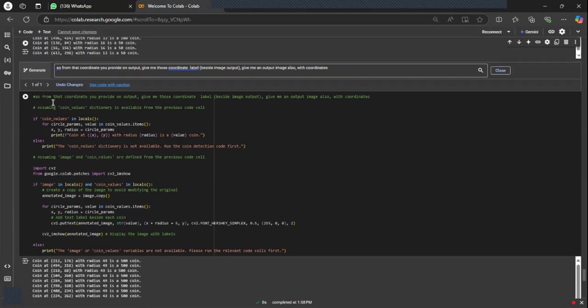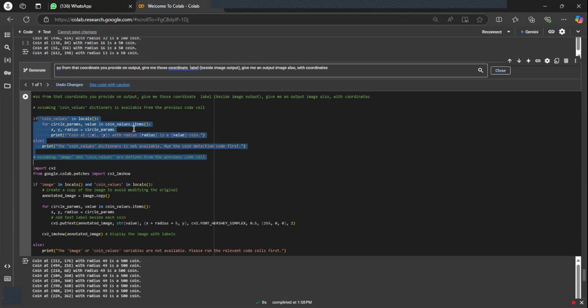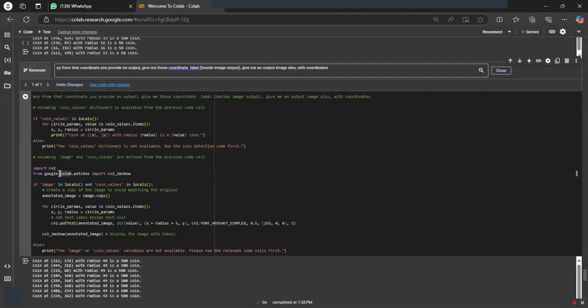And the output from this coin values, and then we run this coin value the same as before. We use cv2 and Google Colab's cv2_imshow, and then annotate the image, and then we are going to use cv2.putText on the annotated image with the string value at x plus radius plus 5, y, with Hershey Simplex 0.5, and then the color intensity is 255, 0, 0, and then 2.